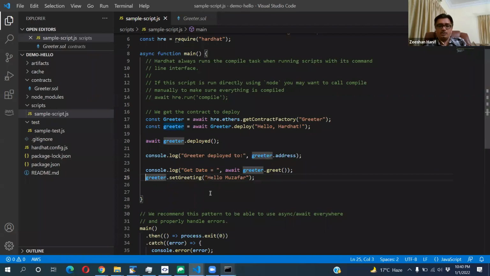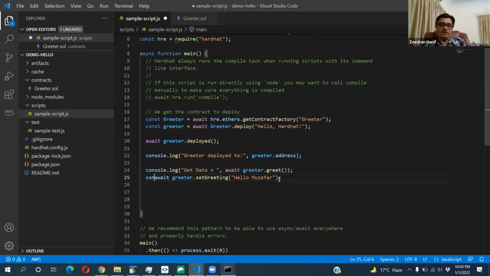Now I have to call the await. Basically we are trying to access our code. We set this function, it will return something which we don't need, but we want to wait till this information is changed.